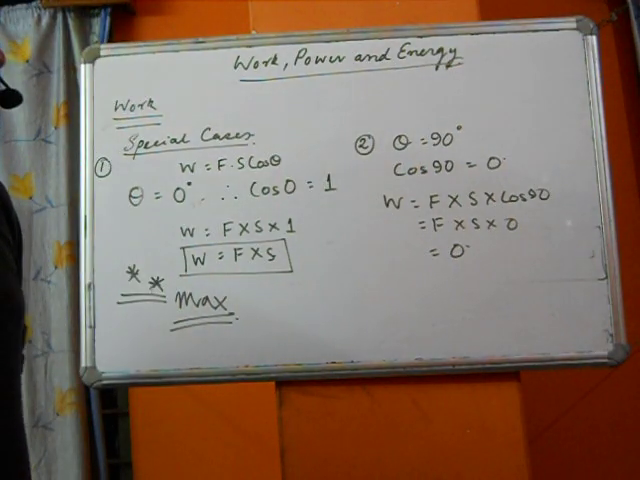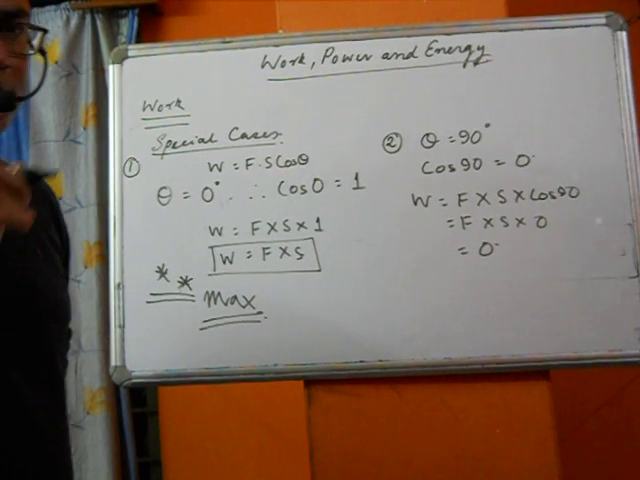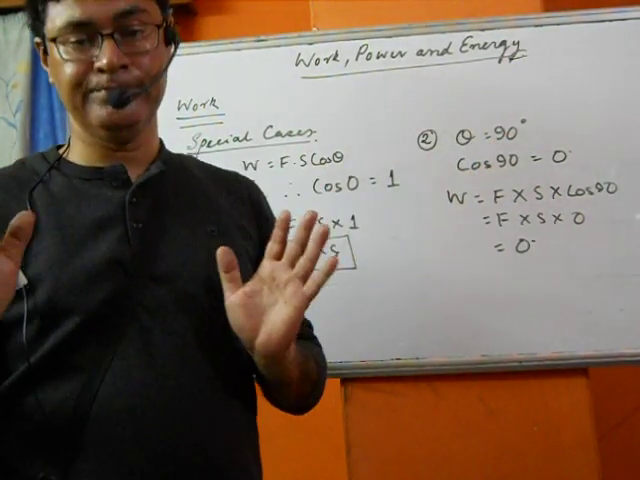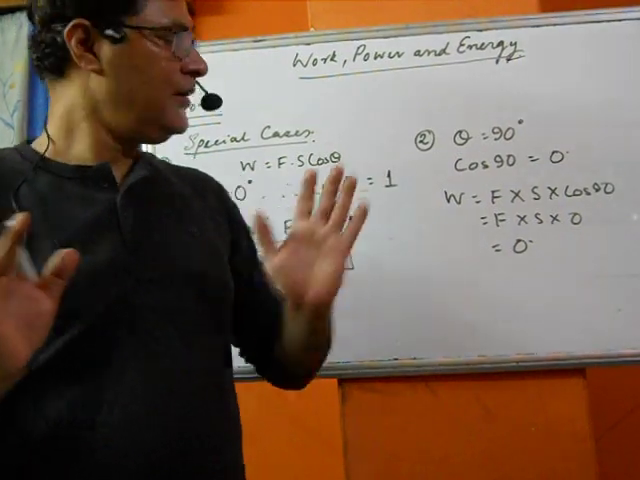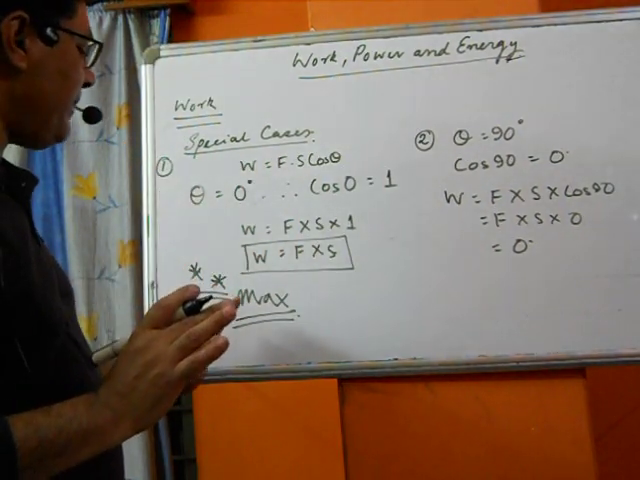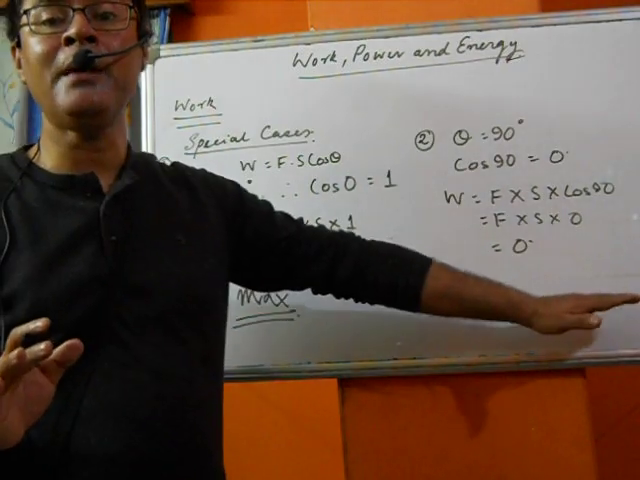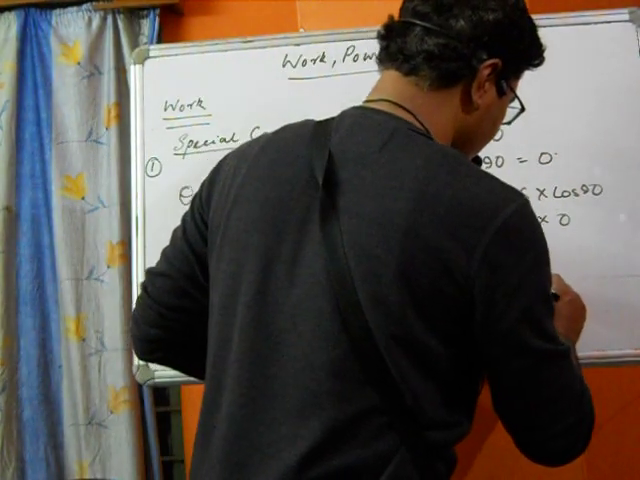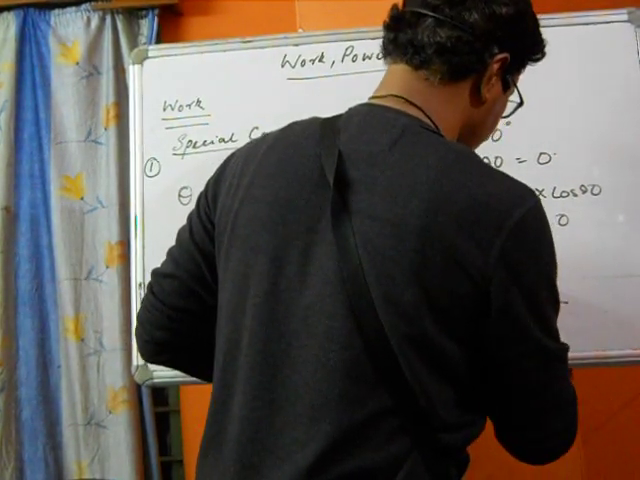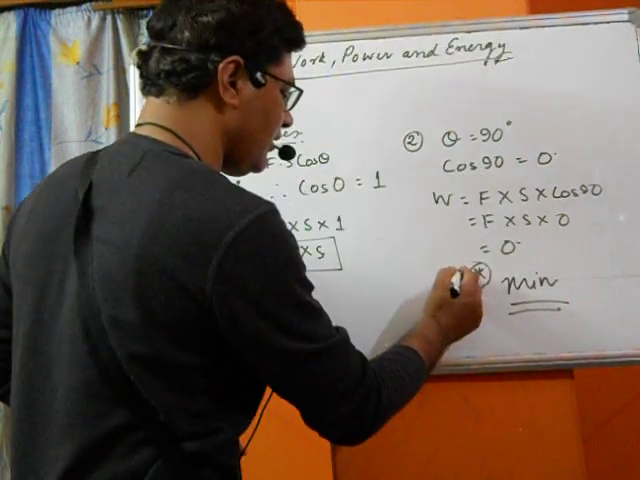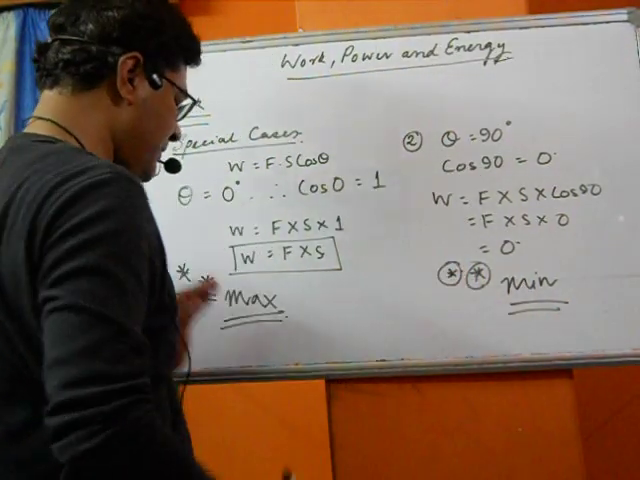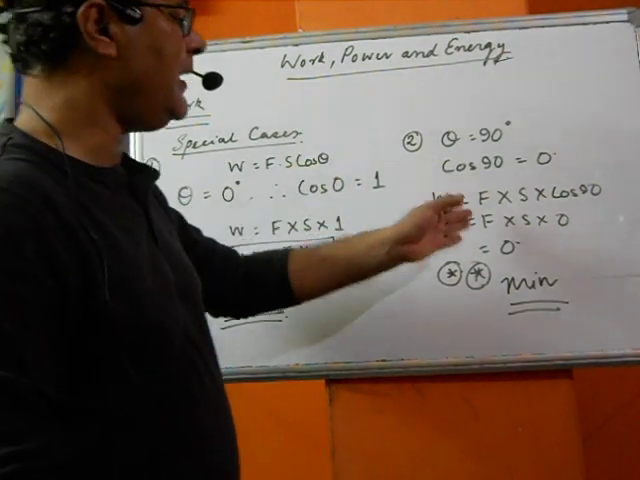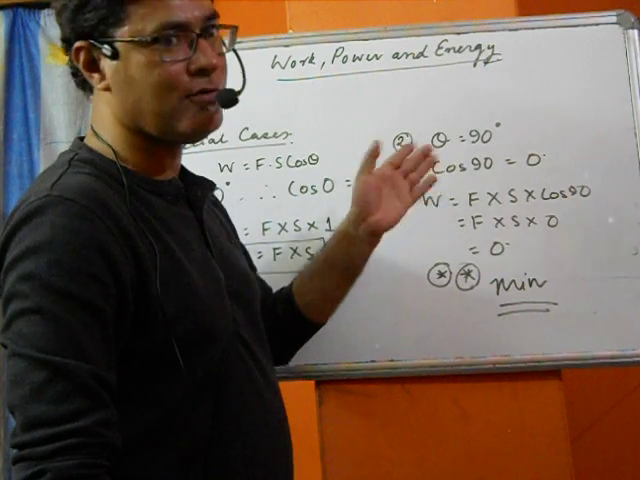Whenever the angle between the direction of force and displacement is 90 degrees, the work done is said to be 0. Got it? So remember, this is the maximum amount of work and this is the minimum amount of work that can be done. Please remember, some people take the negative work as minimum, not that. Maximum work is when the angle between the force and the displacement is 0 degrees, and